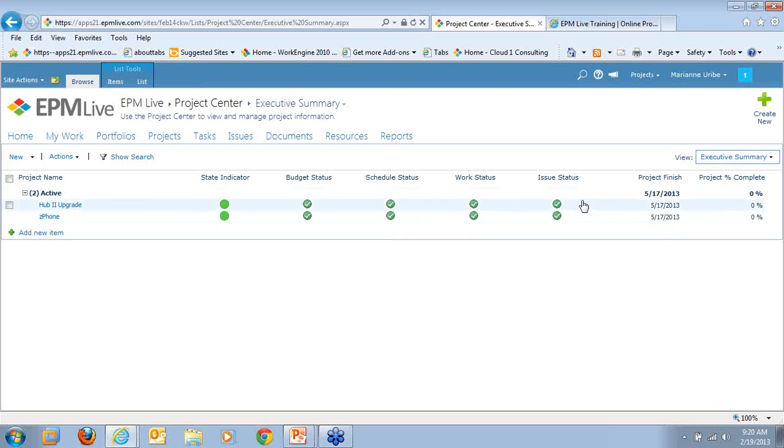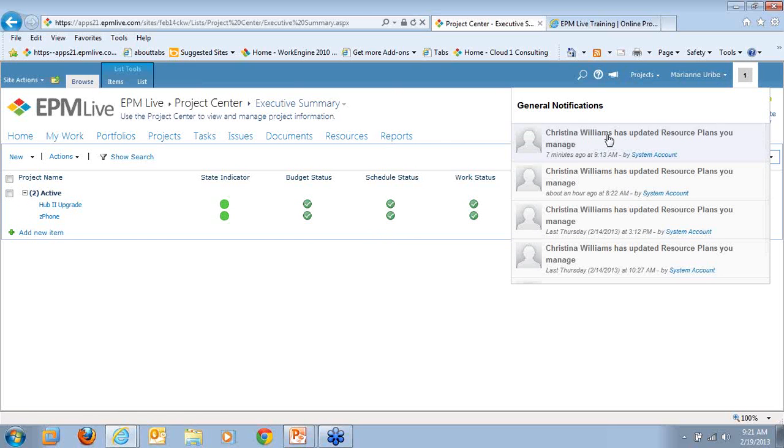Okay, great. So I'm the project manager. I created the project item. I went in and I created a resource plan. I saved it. The resource manager looked at it, made her changes, saved it, and now it's back in my hands. Up in the upper right-hand corner, notice my general notifications number is 1, indicating that Christina Williams has